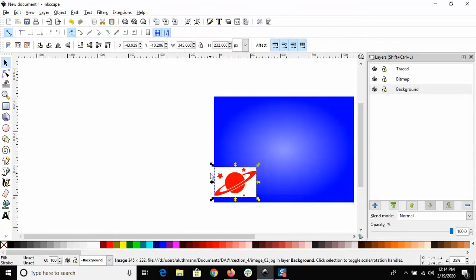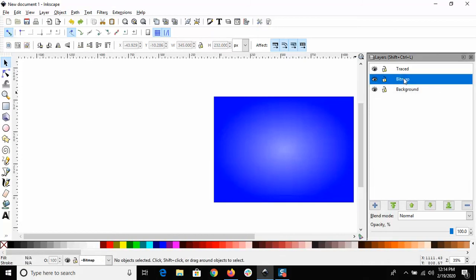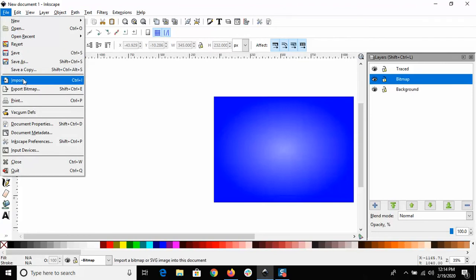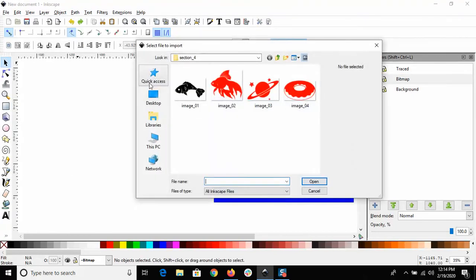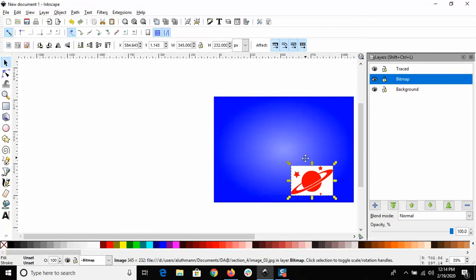Oh, I just realized. Scratch that. Press Control Z, undo it. Click on your bitmap layer. Go to File, Import, and in your section 4 folder. Make sure it's on the bitmap layer. All right, so with our bitmap selected,